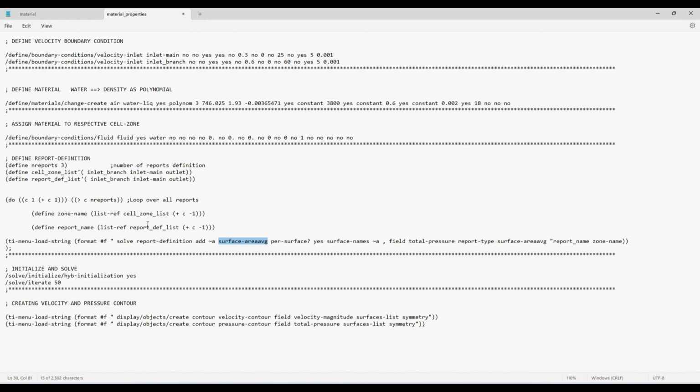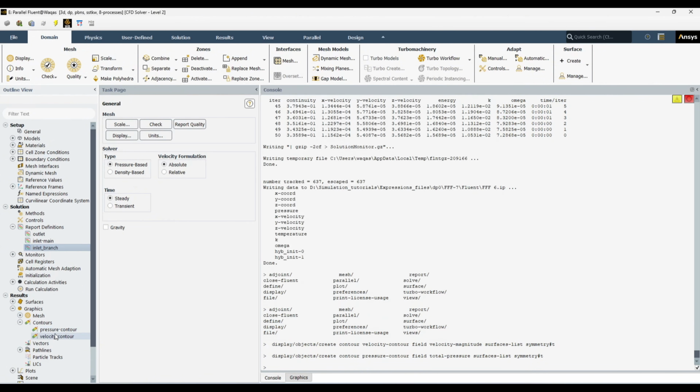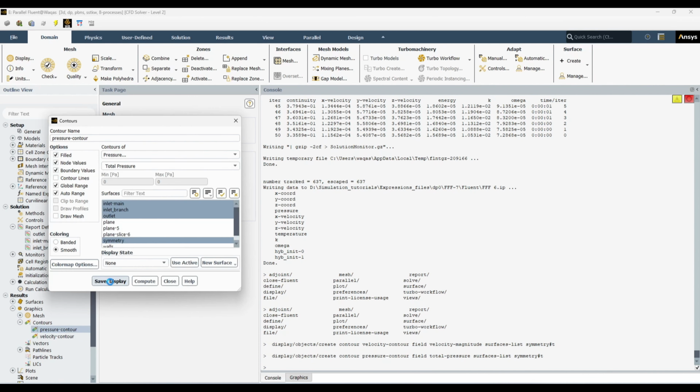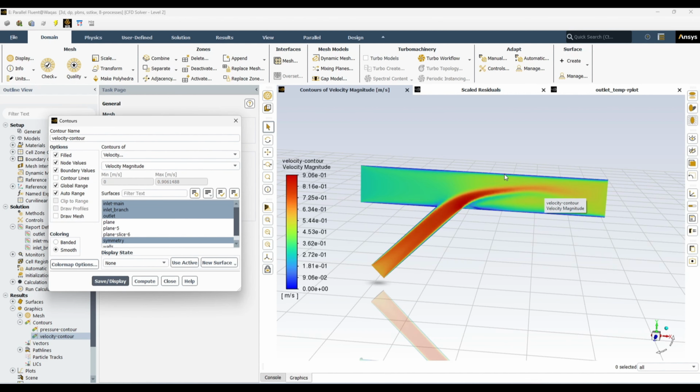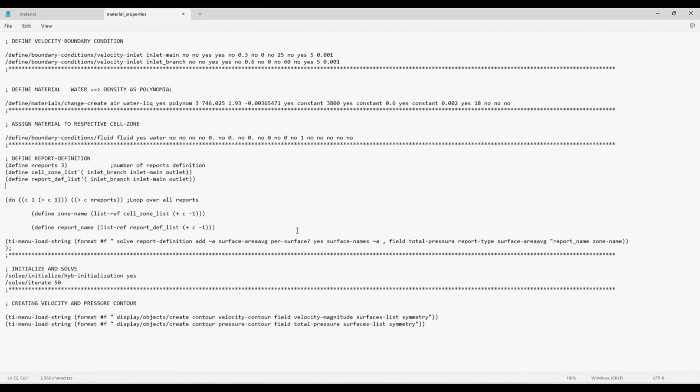You can check my previous video for the detail of this law. And the last but not least, here are two contours, pressure contour and velocity contour. So you can go and display which has created total pressure, that is here our total pressure, and similarly our velocity contour is here, and that's the velocity contour. So that's how you can use this journal file to automate your simulation, and it can save a lot of